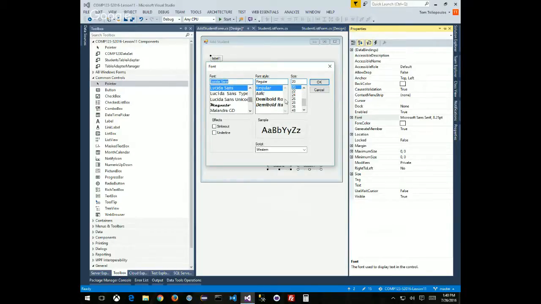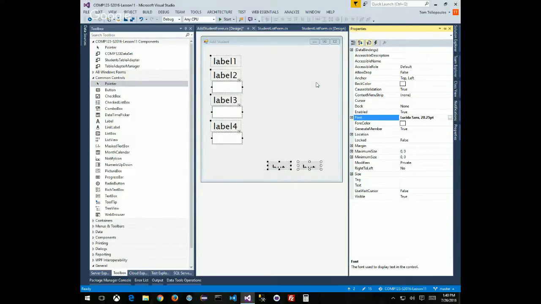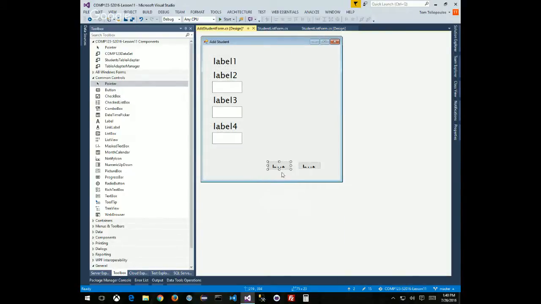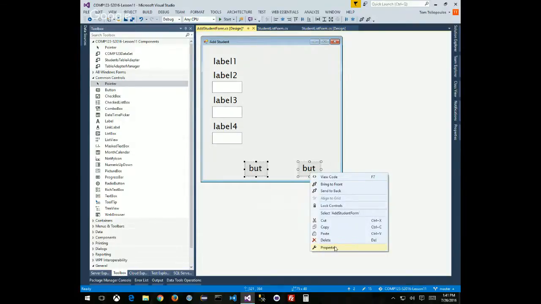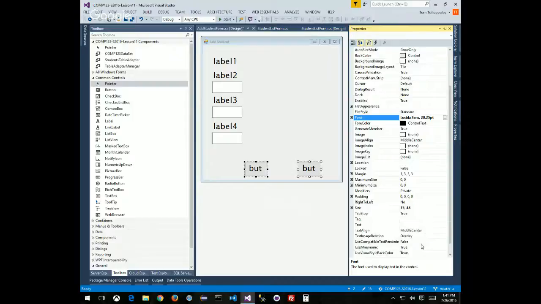Do I want this bold? Not necessarily, not for this one. I may have to make individual ones bold, but not these ones. So press play. Now I've got more realistic sizes. Definitely for my buttons, they have to be aligned. You can see that these don't quite say everything that I need them to say. Let's make sure that these buttons say the right things, and I can realign the sizes as well. So let's choose both buttons and then right click properties, and I can go in here and change the